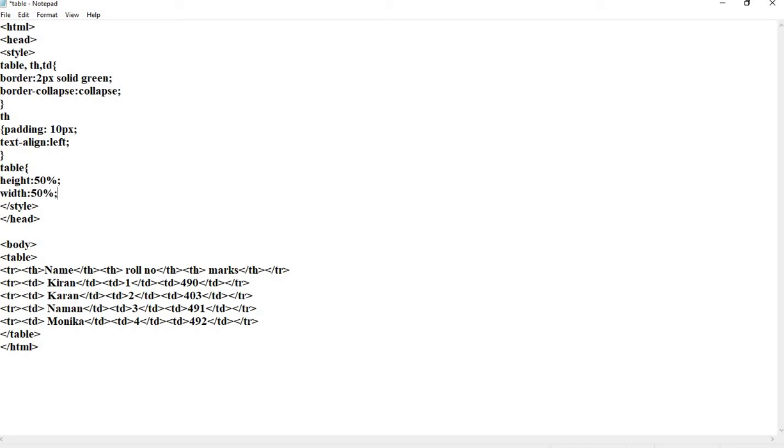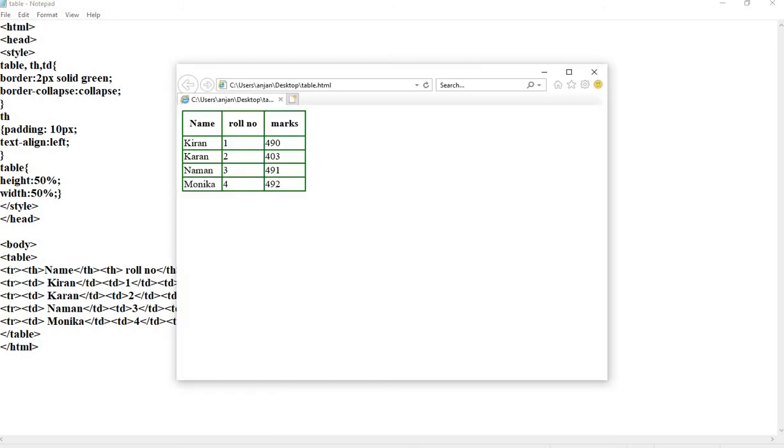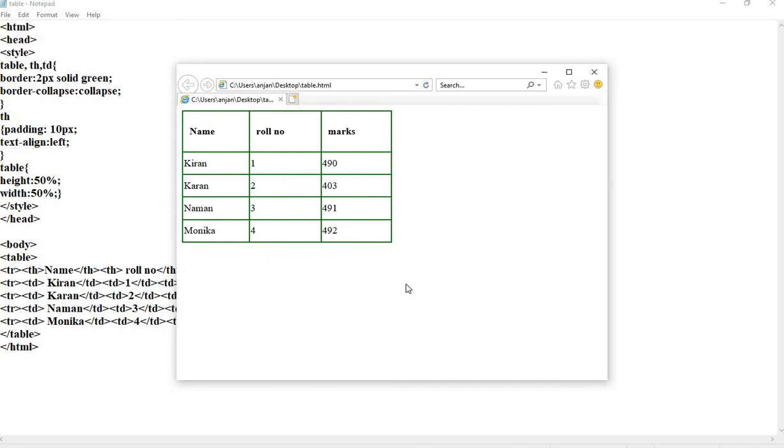We will change the value to see the effect. First, save your code and rerun your file. Now I am reloading my page. You can see the size of the table gets bigger.